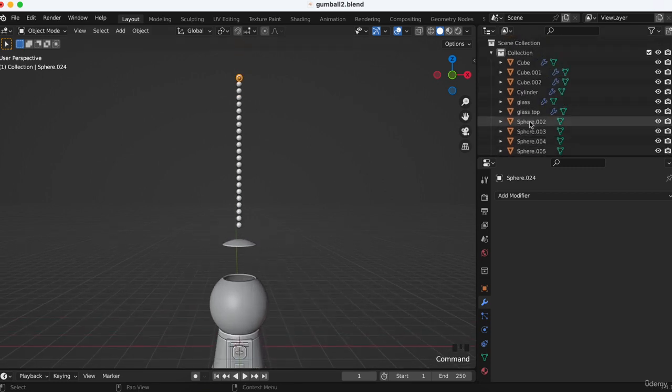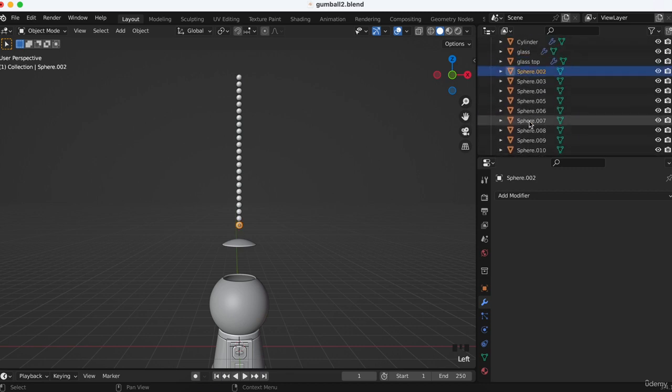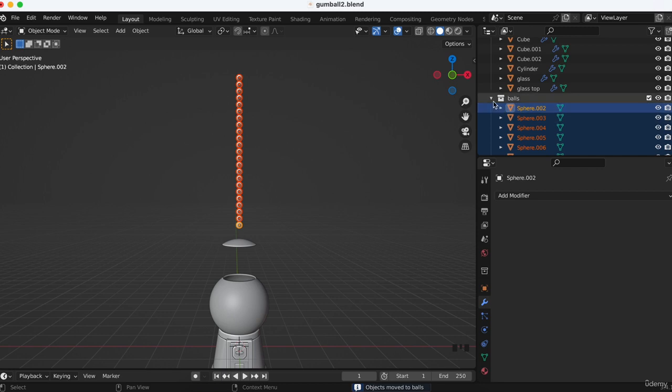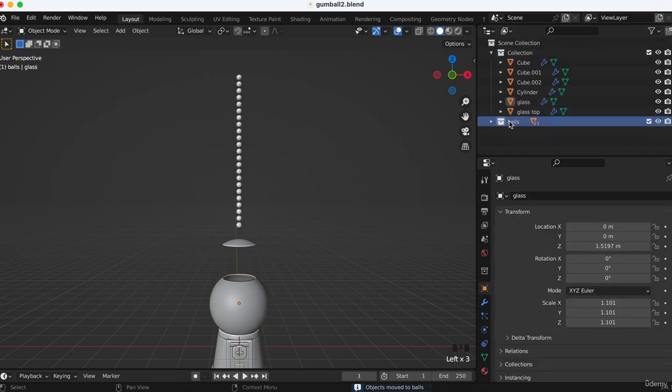And we are going to put them in a collection to separate them. So we click here on the sphere 002, and then the last shift click, and then M, new collection, and we're gonna name it balls. Okay, now they are in a collection here, and then